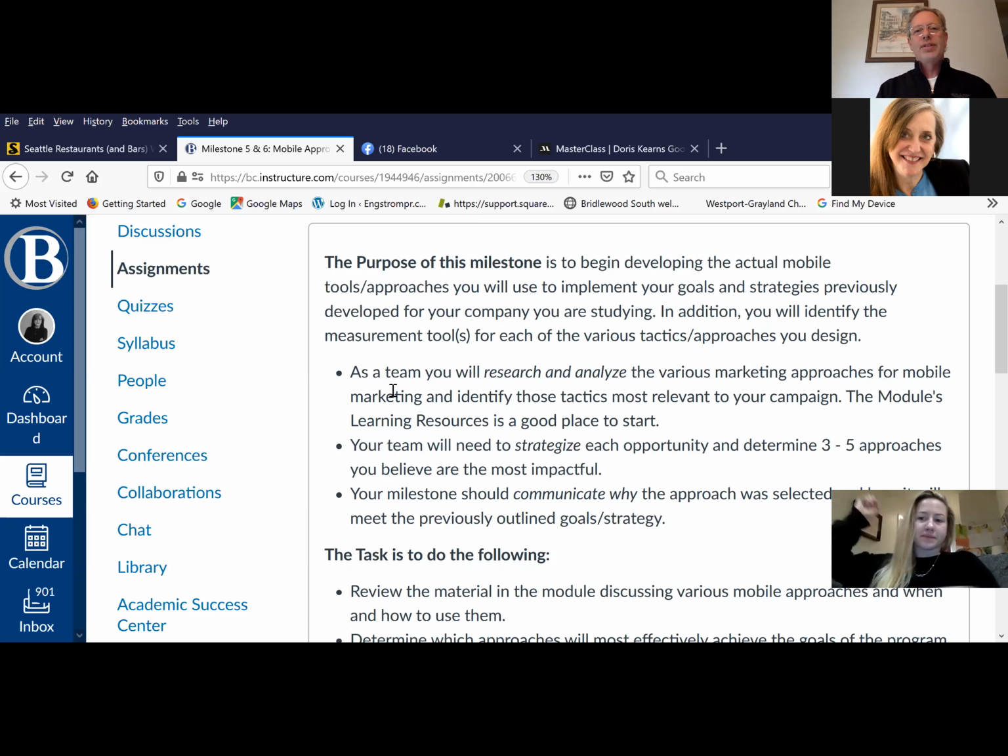So as you have some of these tactics, you can have a call to action within your tactic that shows, okay, I want people to click here to learn more. I want somebody to click here to buy now. And by doing that, that takes them to this page of our website, and what other actions you can take. And then you can say, we've had this many followers or likes, we've had this many people click on our call to action, and then we've had this many people actually do something when they've gotten to our website, whether it's make a purchase, sign up for a newsletter, become a loyalty rewards member, stuff like that.